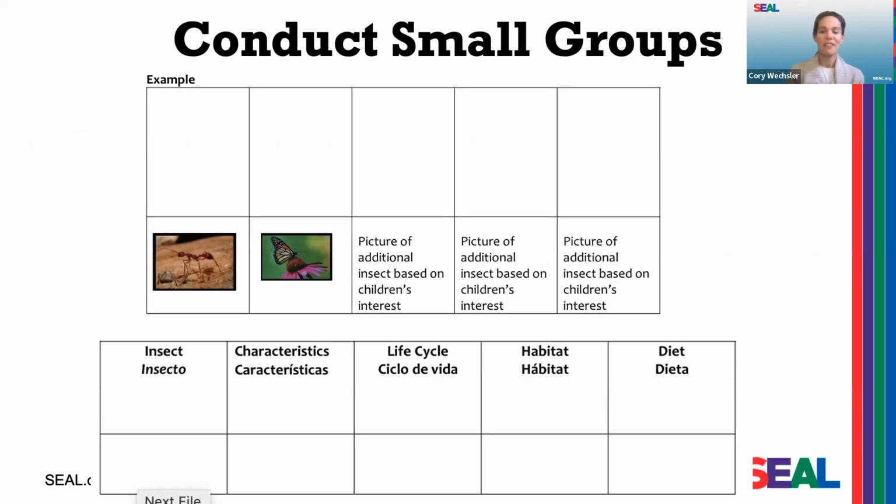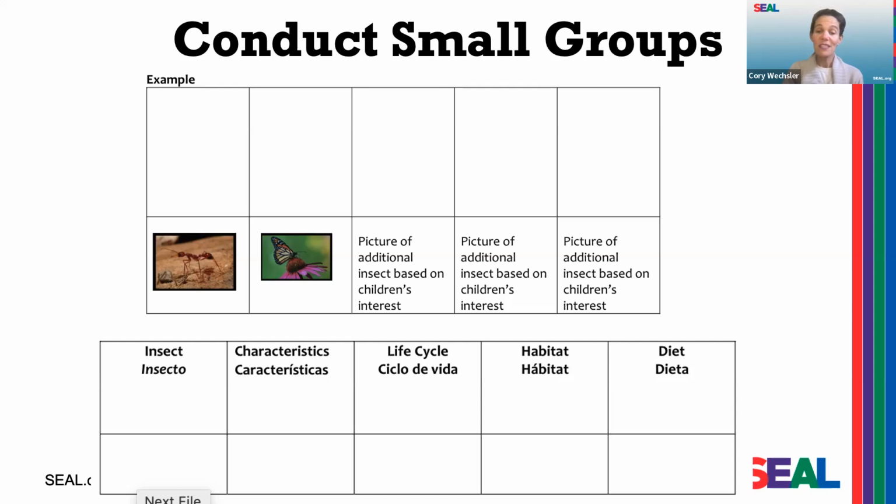And building off this idea of conducting small groups in children's home languages, consider what other collaborative projects are tied to the thematic content that you're studying that you might do. So here's one example. In an insect unit, you might organize children into small groups based on the language that they speak at home. And each group then decides what insect they would like to study, or perhaps more simply, you might just assign each group an insect and provide a bunch of really inspiring books as well as other